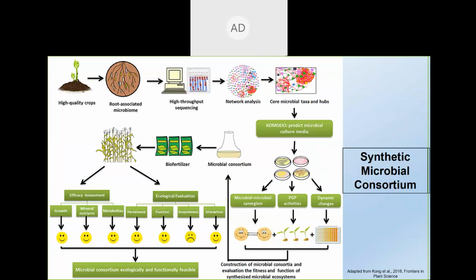So you always start with good quality crops because then you can assume that there are good bacteria associated with it. Then based on the isolation of the core microbiome from roots, we can basically do high throughput sequencing, the metagenomic analysis, and figure out what is the core microbiome of this particular plant and what are their hubs. Once you have that information, then they recommend going to Komodo. Komodo is basically a database